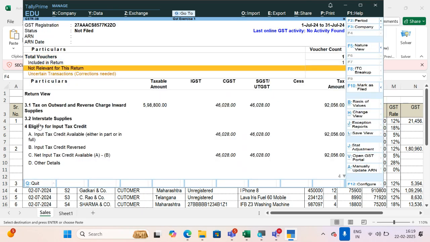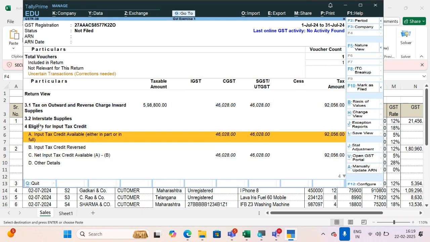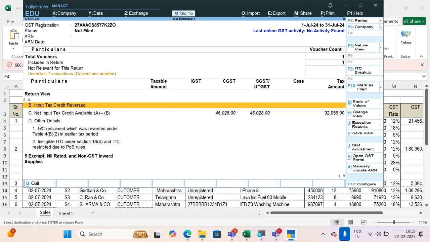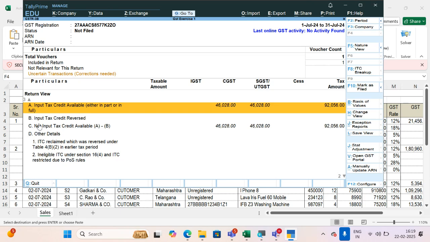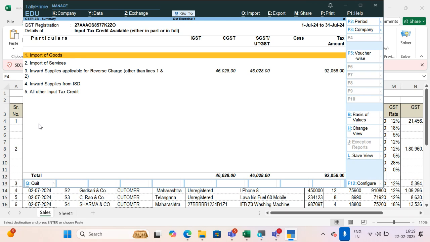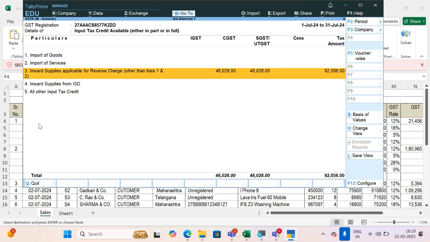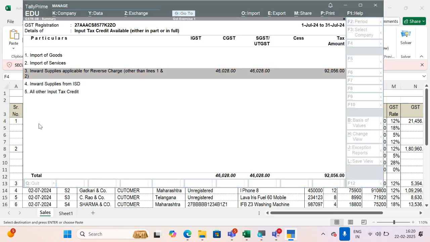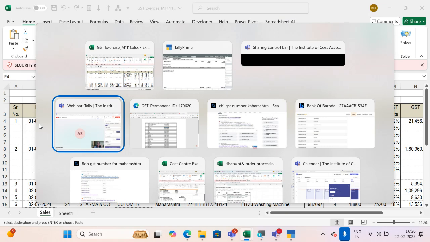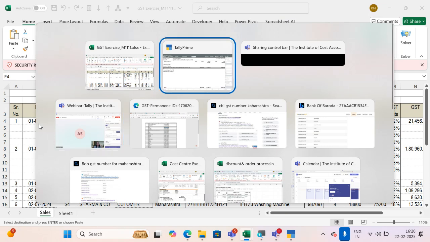I can check. Applicable for reverse charge. Okay, that means when we create the items, there should be